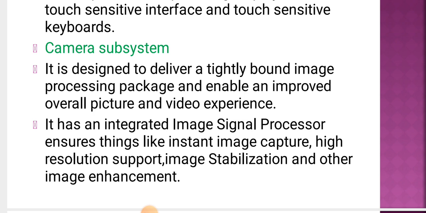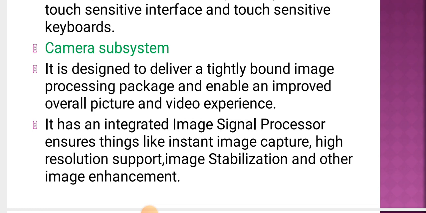So how is the image processed, how does it take the image and video? We have one processor. That processor's name is the image signal processor. With the help of that processor only, we can take video as well as images. That ensures things like instant image capture. So whenever we click the camera button, it will capture the image with high resolution support and image stabilization